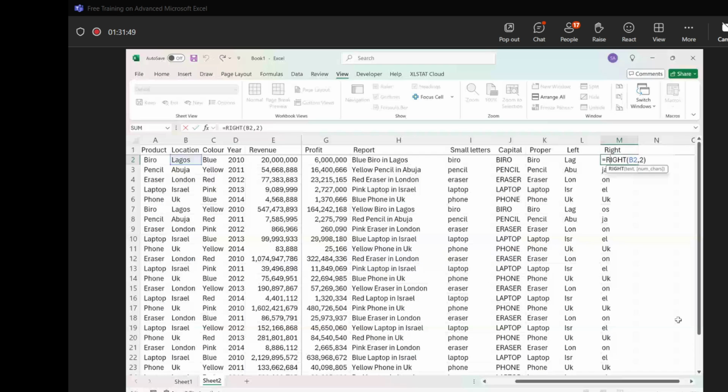Why? The reason why it's doing that is because by default, an Excel cell is on a format called general. And with general, it means Excel will help you. When you are typing a number, it knows that there's no number as 01. 01 is equal to 1. There's no number as 08. 08 is equal to 8. But in a situation,